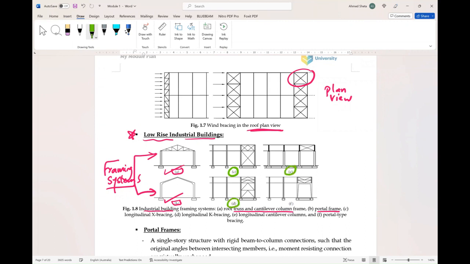And E, C, F all are bracing systems. So C is longitudinal X cross bracing. D is K bracing or knee bracing. E is longitudinal cantilever columns with cross bracing. And F